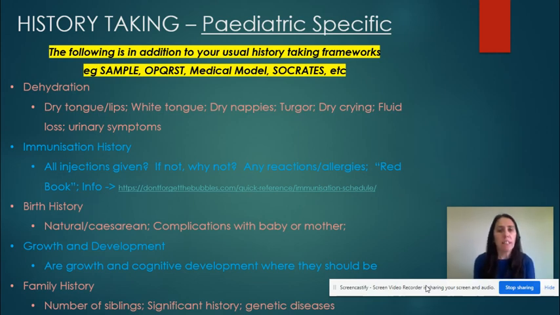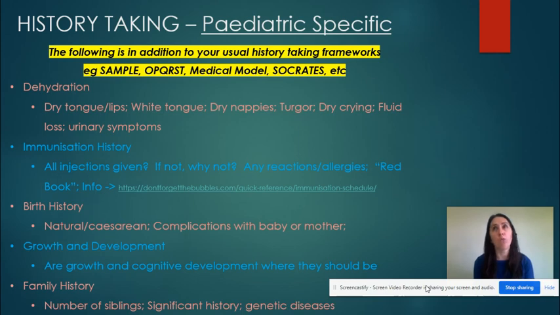Okay, lastly, family history. So you need to know how many people are living in the house with the pediatric patient. Have any of them got any medical issues? It might be hereditary, it might be genetic diseases. Whether there's any significant history of illness,